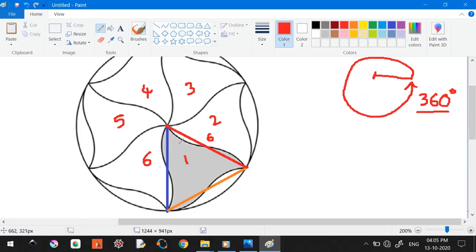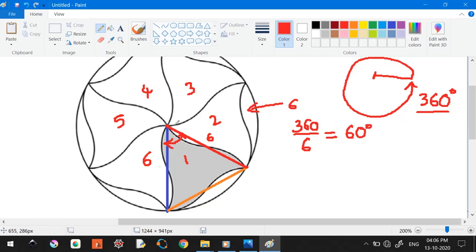Now if you see these patterns, which are identical, they account to 6 numbers, which means 6 of such patterns are placed. If I want to find out the angle between each of these, that is obtained by just dividing the total angle by the number of segments, which is 6, right? I hope this is simple. So this is going to be your 60 degrees.